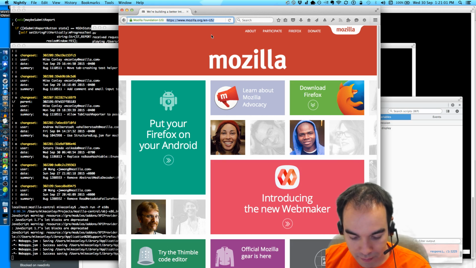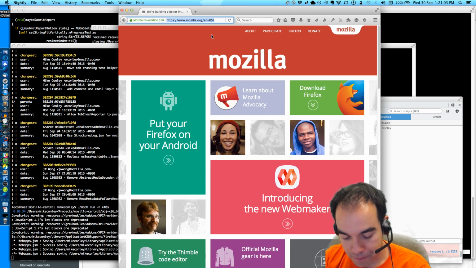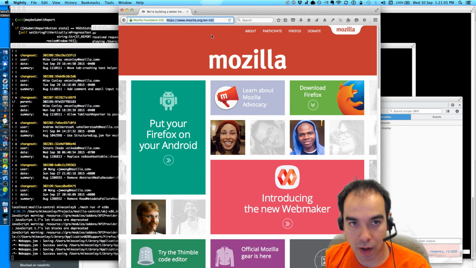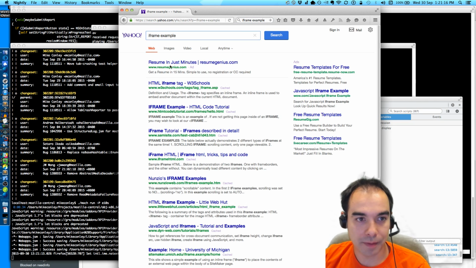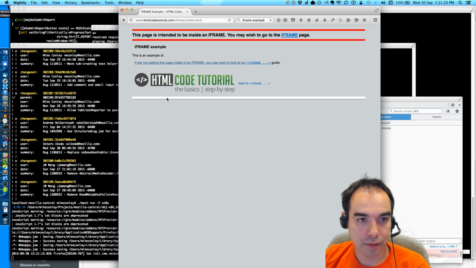How do I test that? What's a good way of testing that? Well, I need an iframe example, where the iframe has a style sheet. So let's see, iframe example. Sure. This is an example of what?